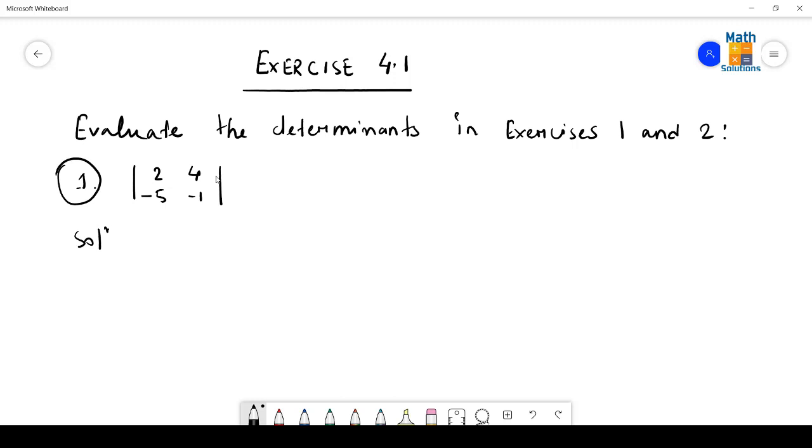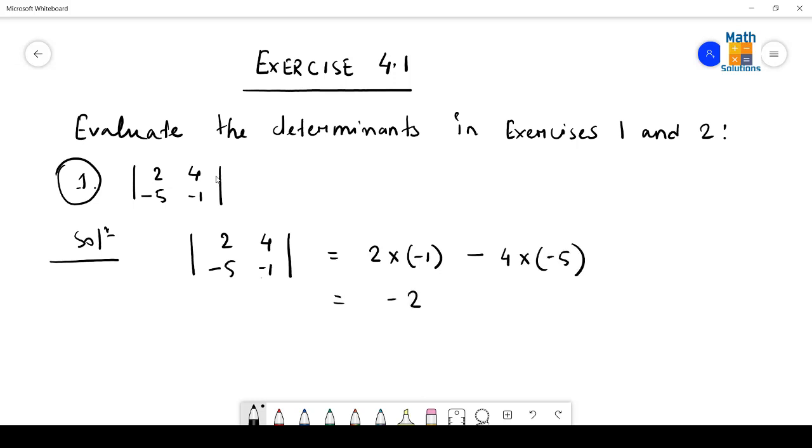So in the solution part, while expanding, we shall get what? We already have gone through the ways of expansion of determinant in my previous video. You can go through if you have not gone through. So we can write here 2 into minus 1. These two terms will be getting multiplied first, followed by minus sign. Then 4 into minus 5, it will be resulting into minus 20. Then minus minus plus 20. The result will come as 18. So this is the answer of the first question.